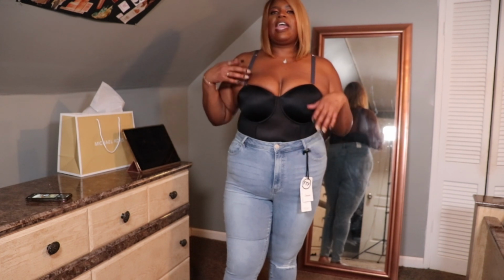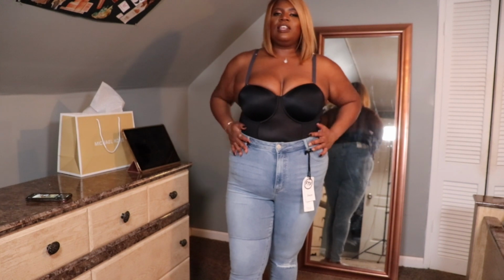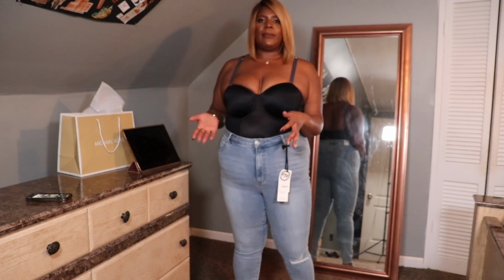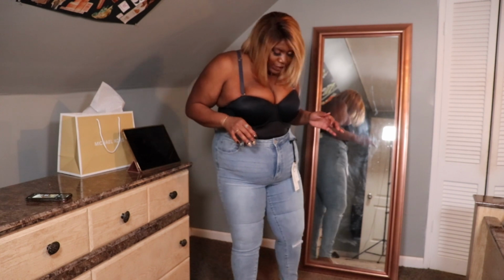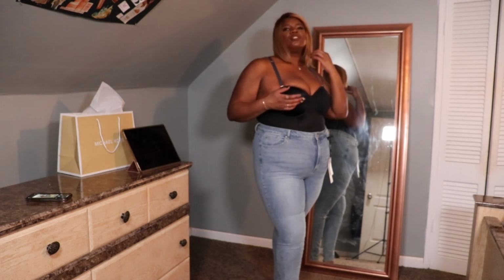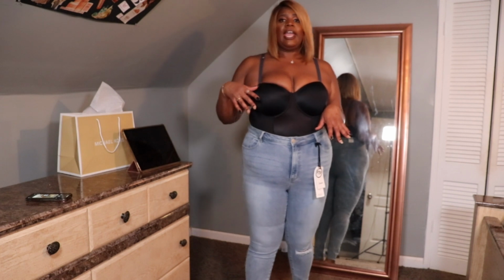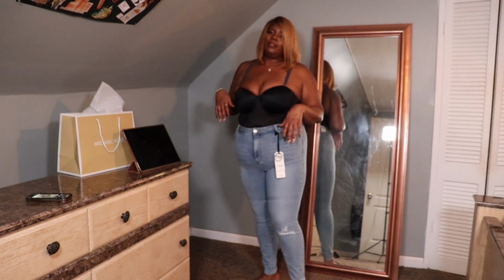I have an average size waist for my size, meaning my waist is 10 inches smaller than my bust and 10 inches smaller than my hips. So these jeans fit me perfectly, and I am so in love with the fit and the length, because I didn't get them in a tall. I don't even know if these jeans come in a size tall. I got them in regular length, and they go all the way down to my ankle,